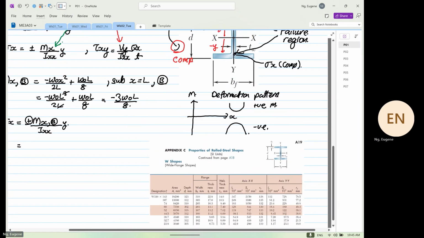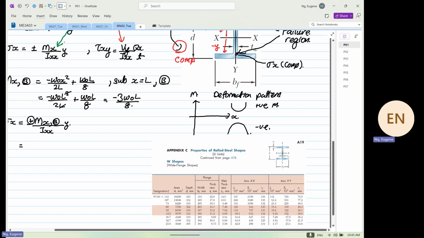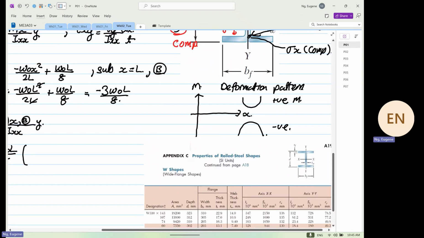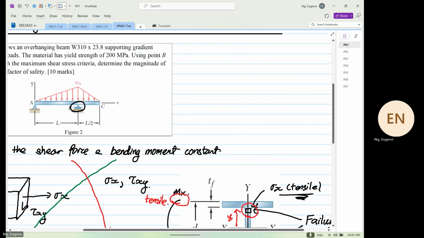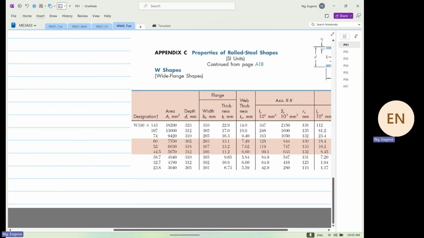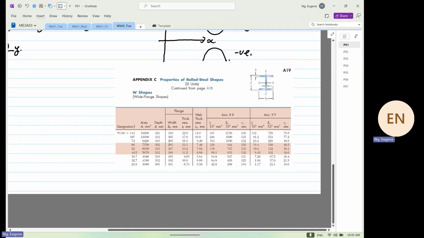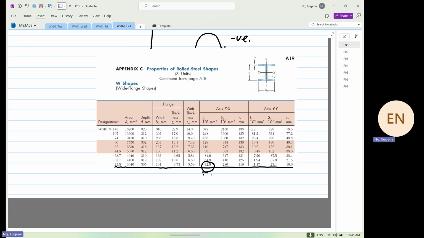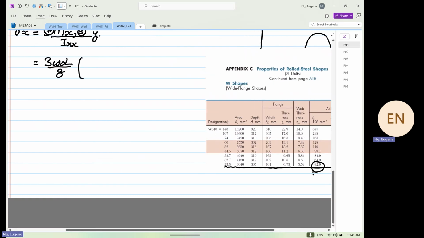So now you will come out with Mx at point B is equal to 3 omega naught L over 8, times Y, the distance Y. So we have to focus. What beam are we going to use? 23.8. That is the beam that we're going to use, so let's focus on this beam over here, 23.8. The next thing we are going to do is find Ixx. So given to us, Ixx is equal to 42.9. Okay, so we know that this will be equal to